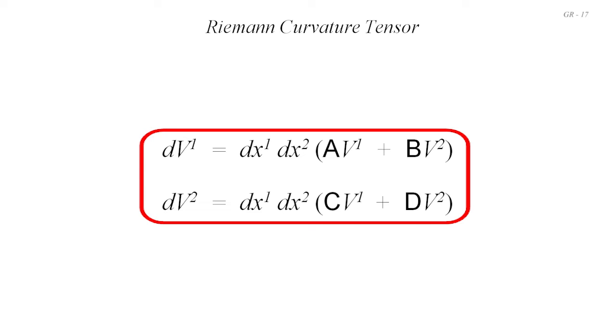In other words, in terms of what the two components dv1 and dv2 of the change in the vector will depend on. The mathematics which follows may get a bit lengthy, but it's fairly basic mathematics. There's just quite a lot of it. These two formulae, which stem from parallel transport around a loop, will be the foundation of what follows as we move through some awkward mathematical manipulations towards thinking about the Riemann Curvature Tensor, and then later both the Ricci Tensor